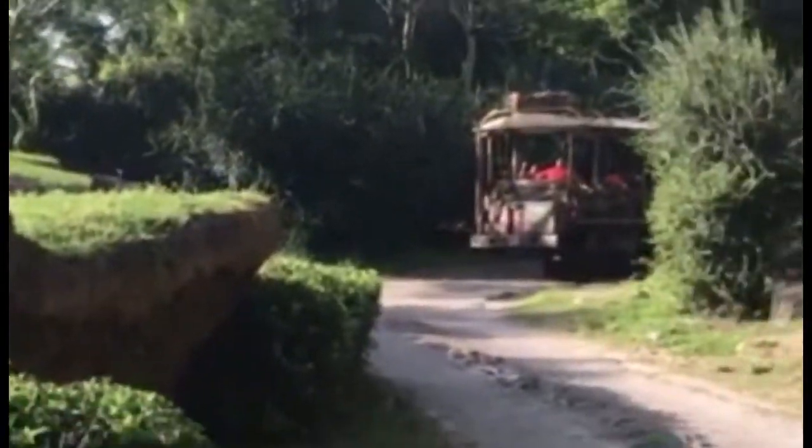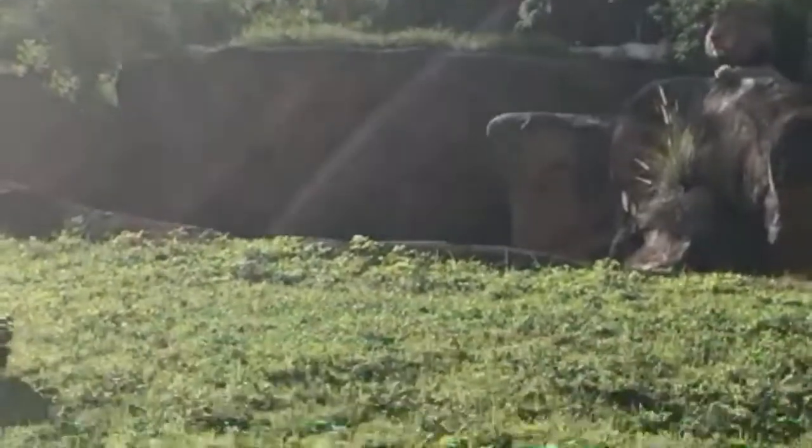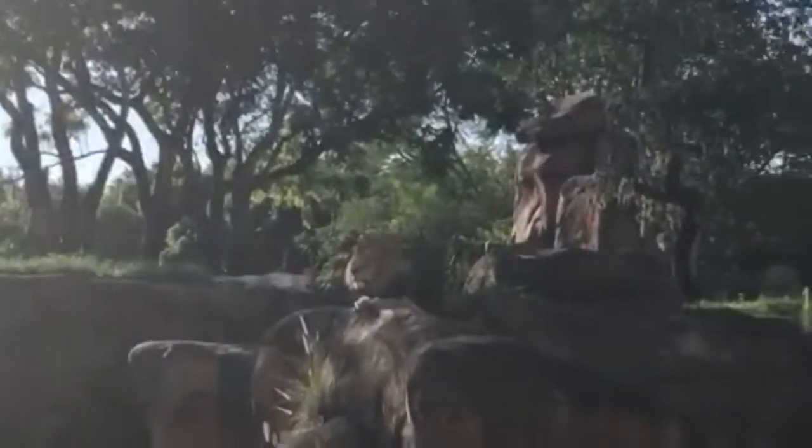It's kind of soupy. I can't really see. But look at those lines. The sun's amazing right in my eyes. Now the lioness will do the hunting,